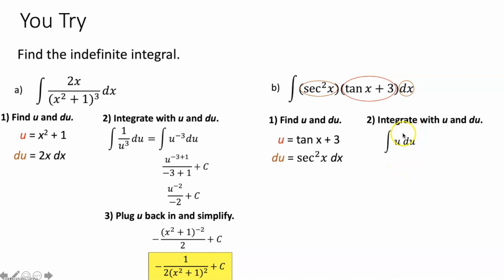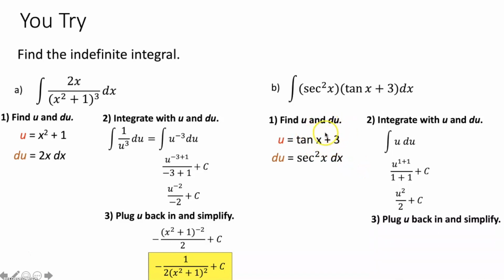So using the power rule, the integral of u du is going to be u to the 1 plus 1 power over 1 plus 1 plus c, or u squared over 2 plus c. Now that I've taken the integral, all I have to do to find the indefinite integral of this function is plug back in whatever I set u equal to. So I'm going to take that tan x plus 3, plug it back in for u, and I could leave